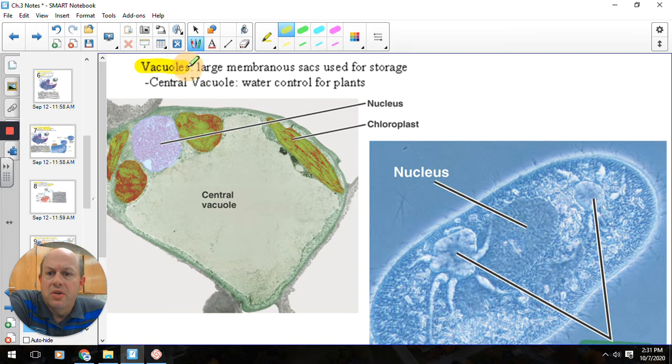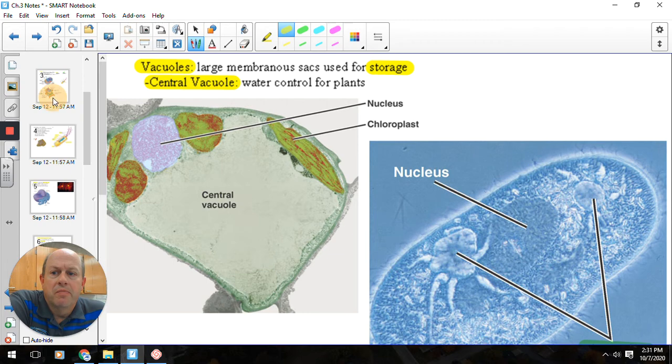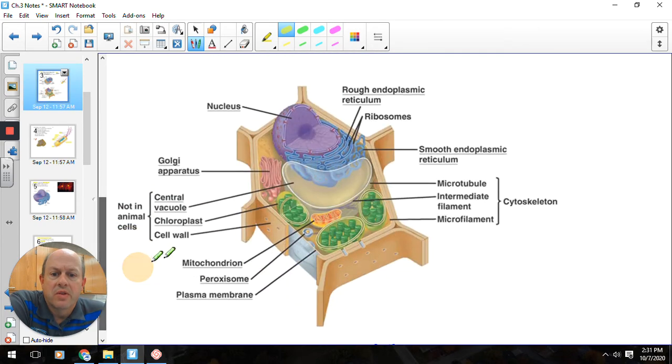Vacuoles. So vacuoles are basically just storage compartments, little Rubbermaid tubs, and plants and animals will both have vacuoles because they both have to store things. However, a special kind of vacuole is only found in plants, and that's going to be the central vacuole. And it's this really large, obvious organelle. So if we look at a plant, that central vacuole is super huge in the middle, oftentimes bigger than even